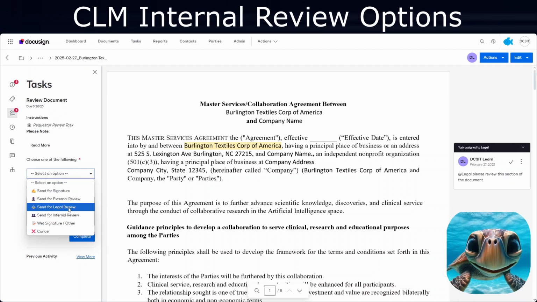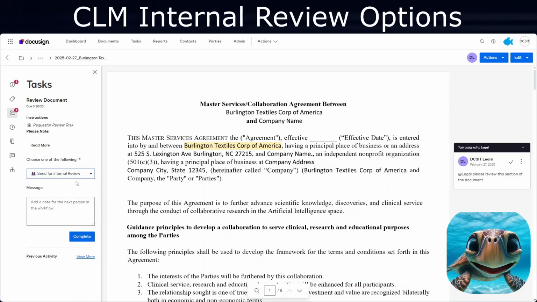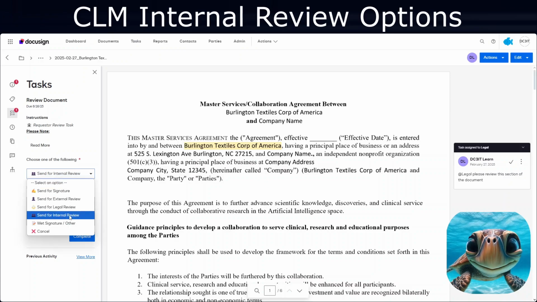After legal's done, it can get routed back to the requester, or legal can have other functionality. In the internal, what I like to call ad hoc approach, you can have more than one internal individual or group look at the document at the same time. So this internal review supports parallel processing of multiple individuals and groups looking at the document,